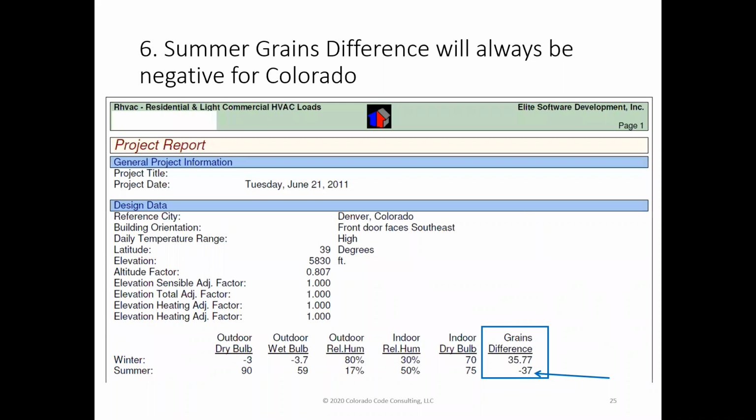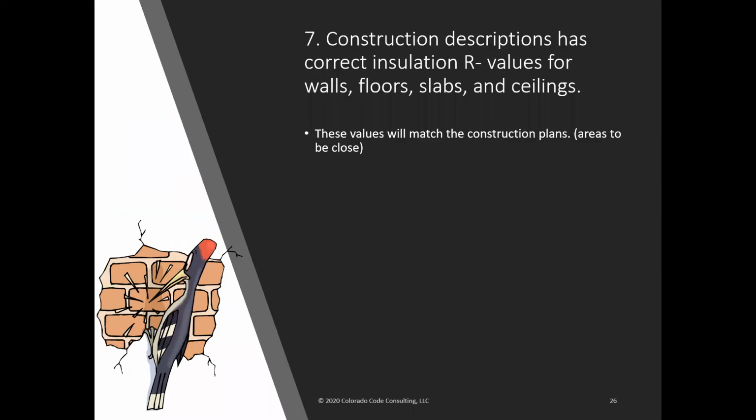Here again, on the Elite, showing a big one, this one happens to be minus 37, and it's Denver, right? So the fact that they don't match, not a big deal. The fact is that it's negative, okay? All right, so